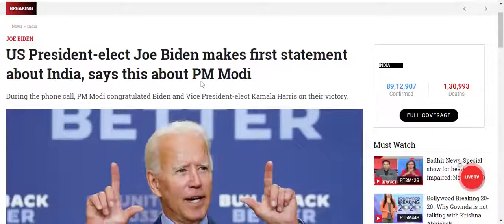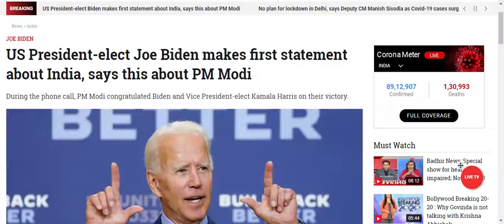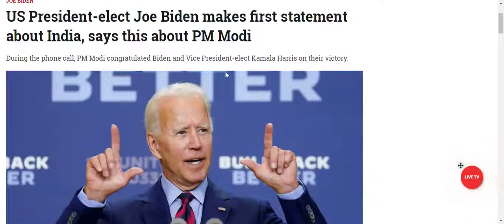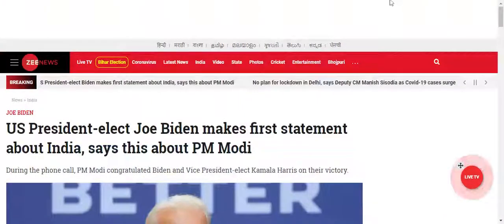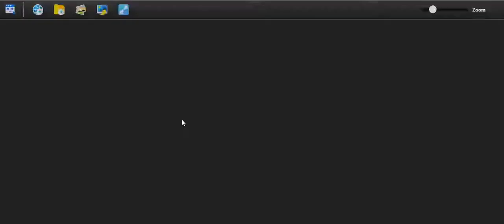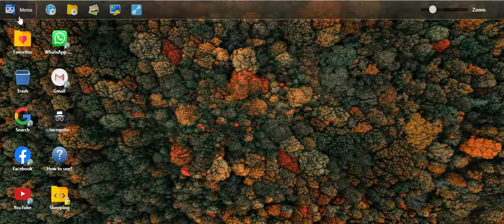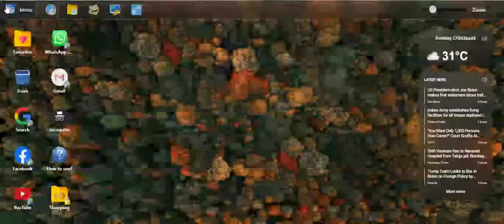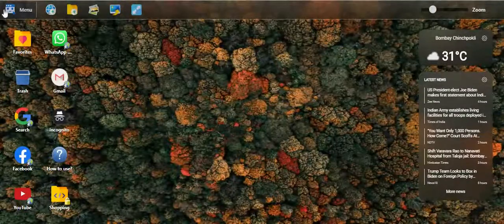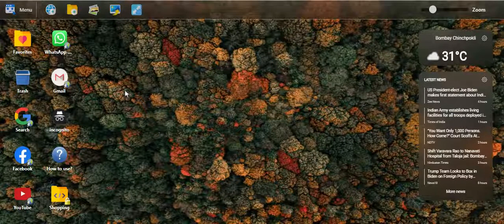So when I click on the news, it opens the news page. Okay. No problem. I'll try to open a new tab. This is the menu icon. If this could be changed, then it would be very beautiful for us to use this.